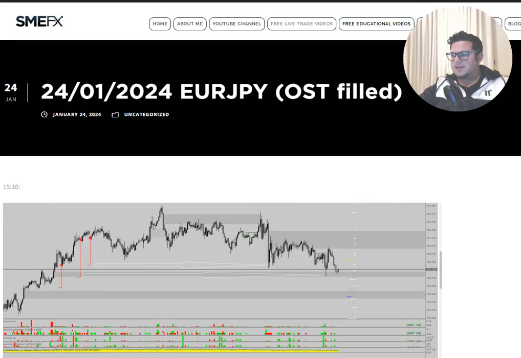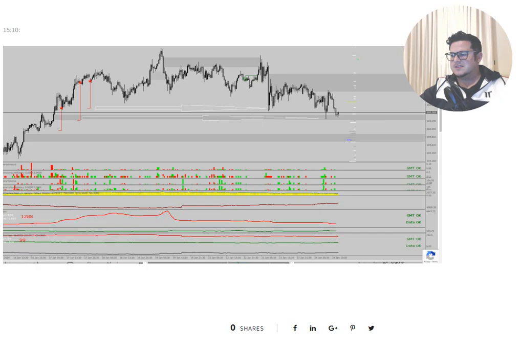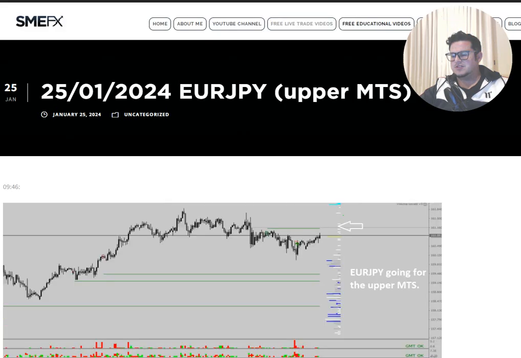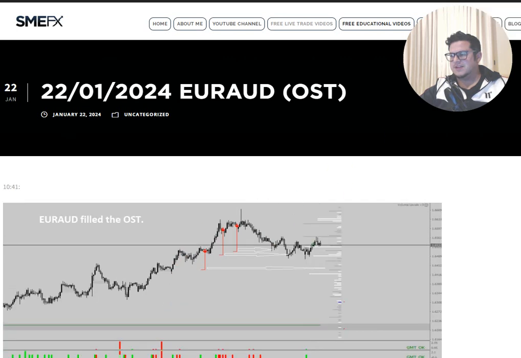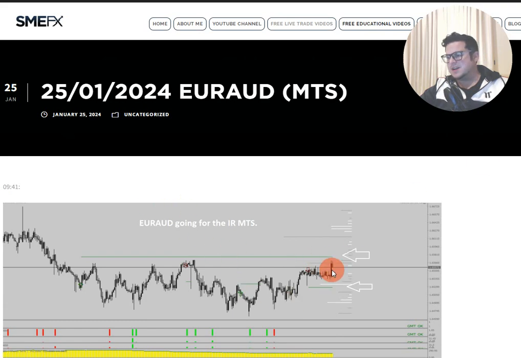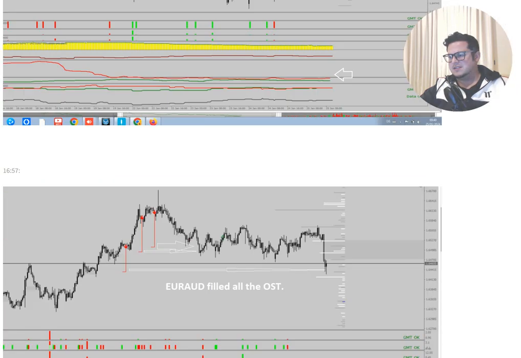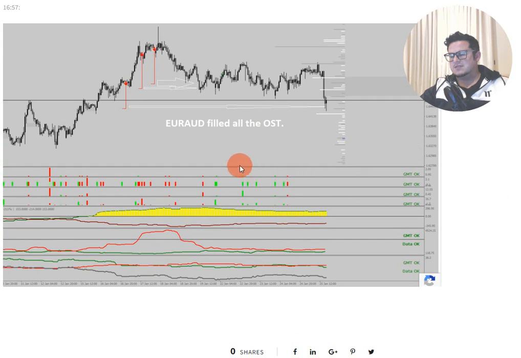Euro yen, similar thing. Boom, there we have the nice reversal. Also the OST runs, the same thing. Was probably the better choice. Also MTS pullback. Euro Aussie, remember the beautiful OST trades last week, which were very juicy. They went down and then took MTS. Also nice trading opportunities there. And look how beautiful, yeah? I mean, in the end, boom, boom, boom, all of those OSTs got filled. So you have a lot of time to detect the situation and trade, okay? Hours sometimes. Hours and hours, all right?